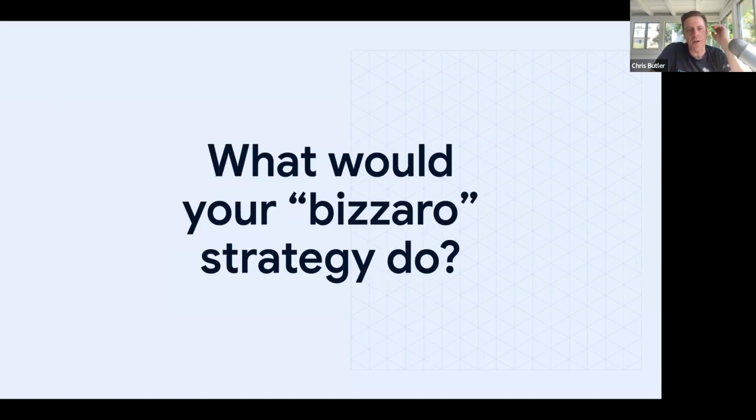And then another question that I like to ask, and I realize, again, we're kind of short on time. I think I mistimed the fact that I had to give a Wardley Mapping introduction in this, whereas the last time I didn't do it as much. But what would your Bizarro strategy be? And when I say Bizarro, I mean the opposite of what your strategy currently is, but is valid for another company.